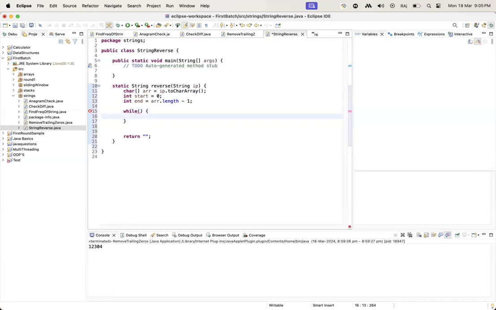Guys, I've already told you, when we have to perform any reverse or swap operation, what do we choose? We choose the two pointers approach. I hope you are clear on this. We have taken the loop condition start less than or equal to end. In the same way, how do we swap the two elements? We take char temp equal to